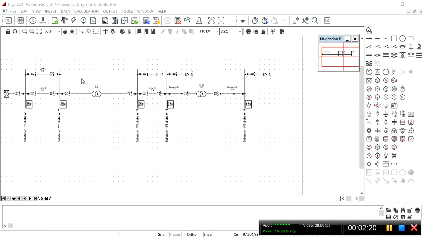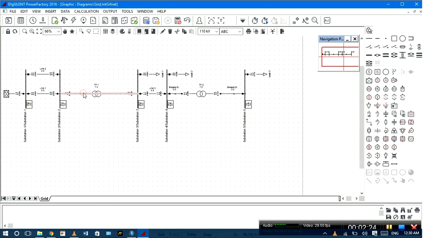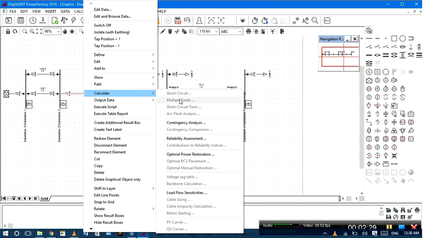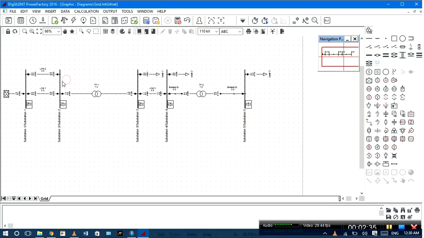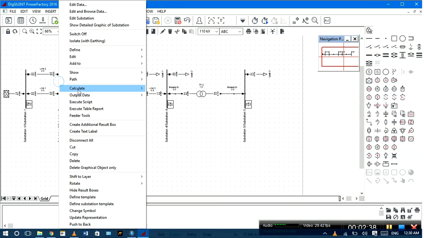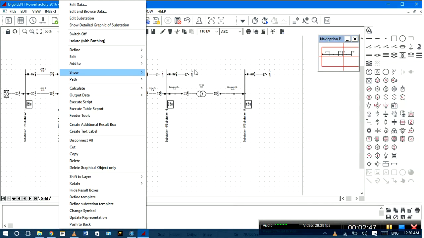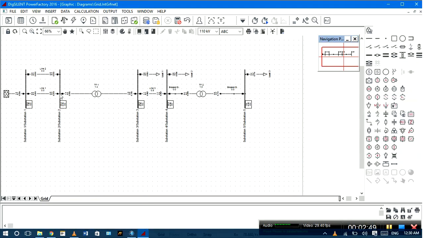This method does not allow you to induce a fault on the transformer. If you try to induce a fault on the transformer, you can see you do not have any option to calculate or to compute any type of fault. However, if you put a fault on the bus, this is not a fault that is directly on the transformer winding. So your differential protection, if it is set up in between these two bus bars, will not operate for